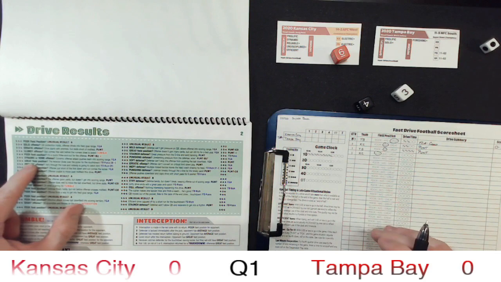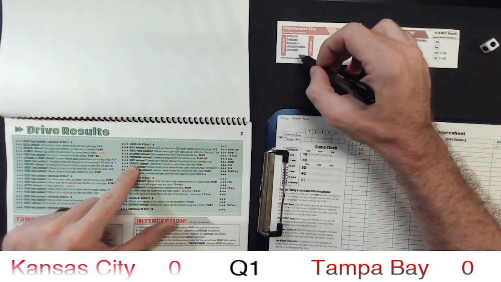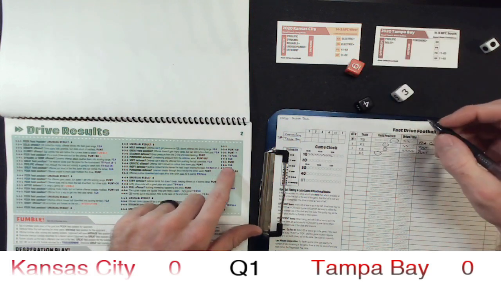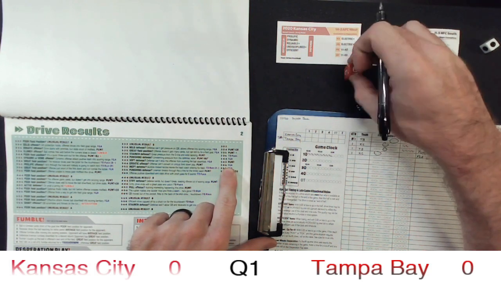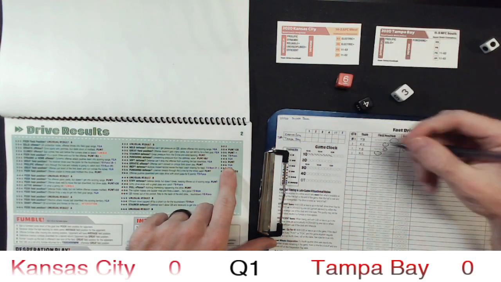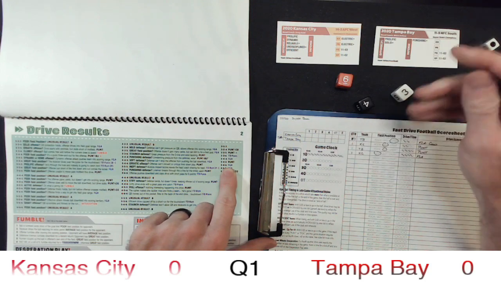Are they in great field position? No. Do they have an erratic offense? They do not. So they are going to go for a field goal attempt. Again, the timing die is 6, so that is 4 ticks off the clock. And they are kicking